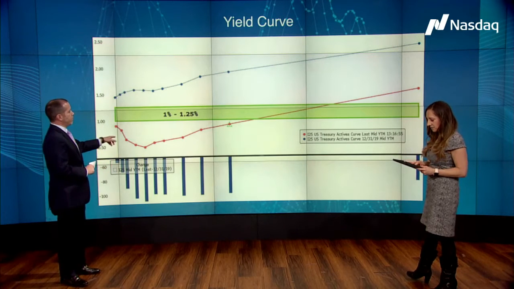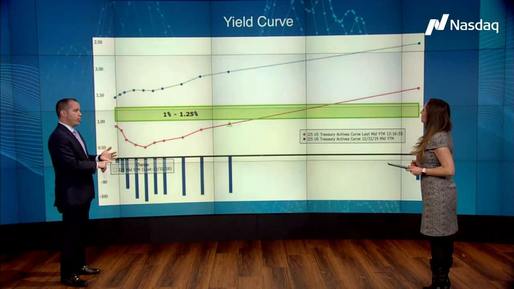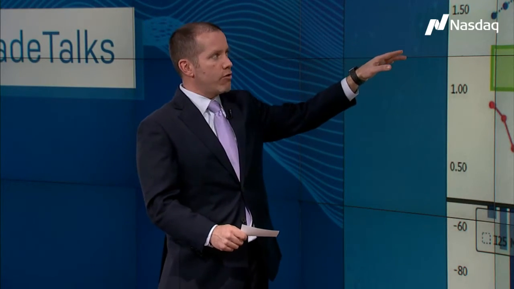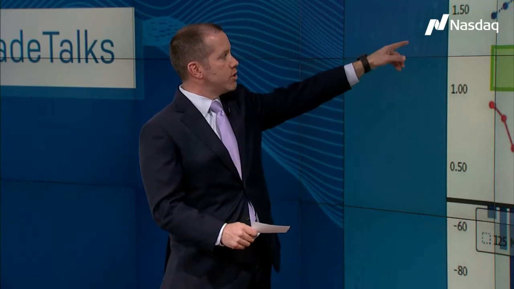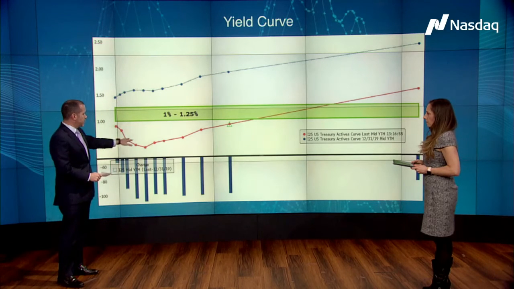Right, and so the curve did invert last year in the summer of 2019, we had the trade war, we had trade tariffs. Not long before that, we had the Fed just finishing up its cycle of rate hikes and quantitative tightening. That caused a lot of volatility in 2018. When the Fed cut rates in 2019, it did help out the curve. The curve went from negative back to positive, and this blue line is how the curve was positioned, or how it was sloped, at the end of 2019. And now you can see it's very different.